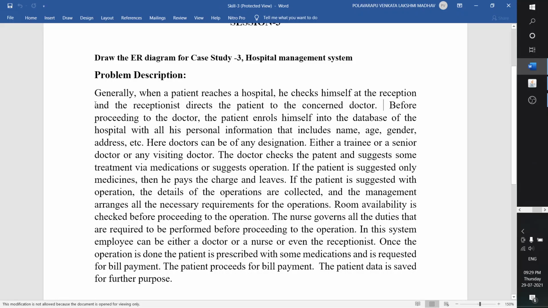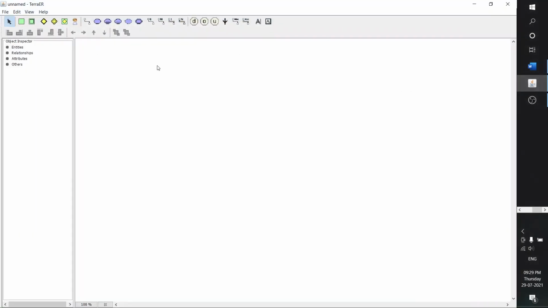Okay, this is in a protected view. So generally when a patient reaches a hospital, he checks himself at the reception and the receptionist directs the patient to the concerned doctor. Let us try to build this like a flow chart. So patient reaches to hospital.